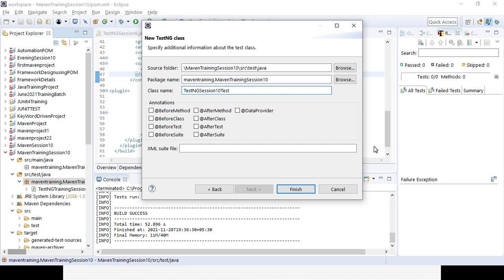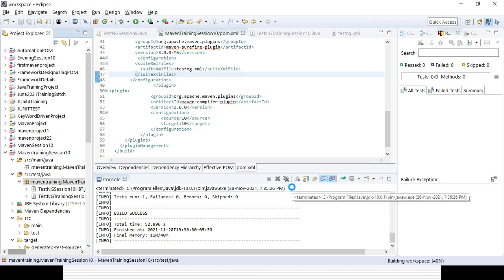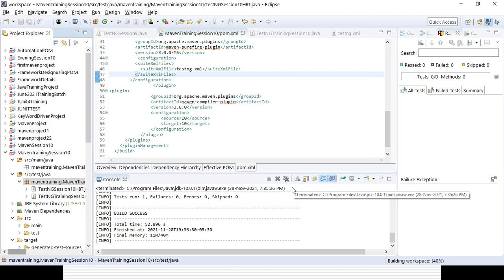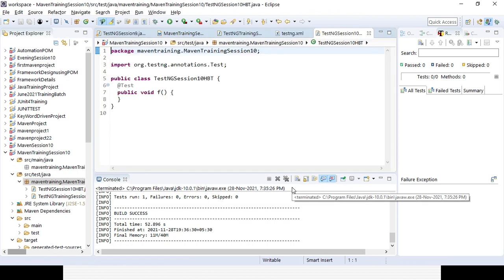That is the class, TestNG, for headless browser, HB, headless browser testing. That is the class name I am giving. I already told you that you already performed headless browser testing in normal Selenium WebDriver.